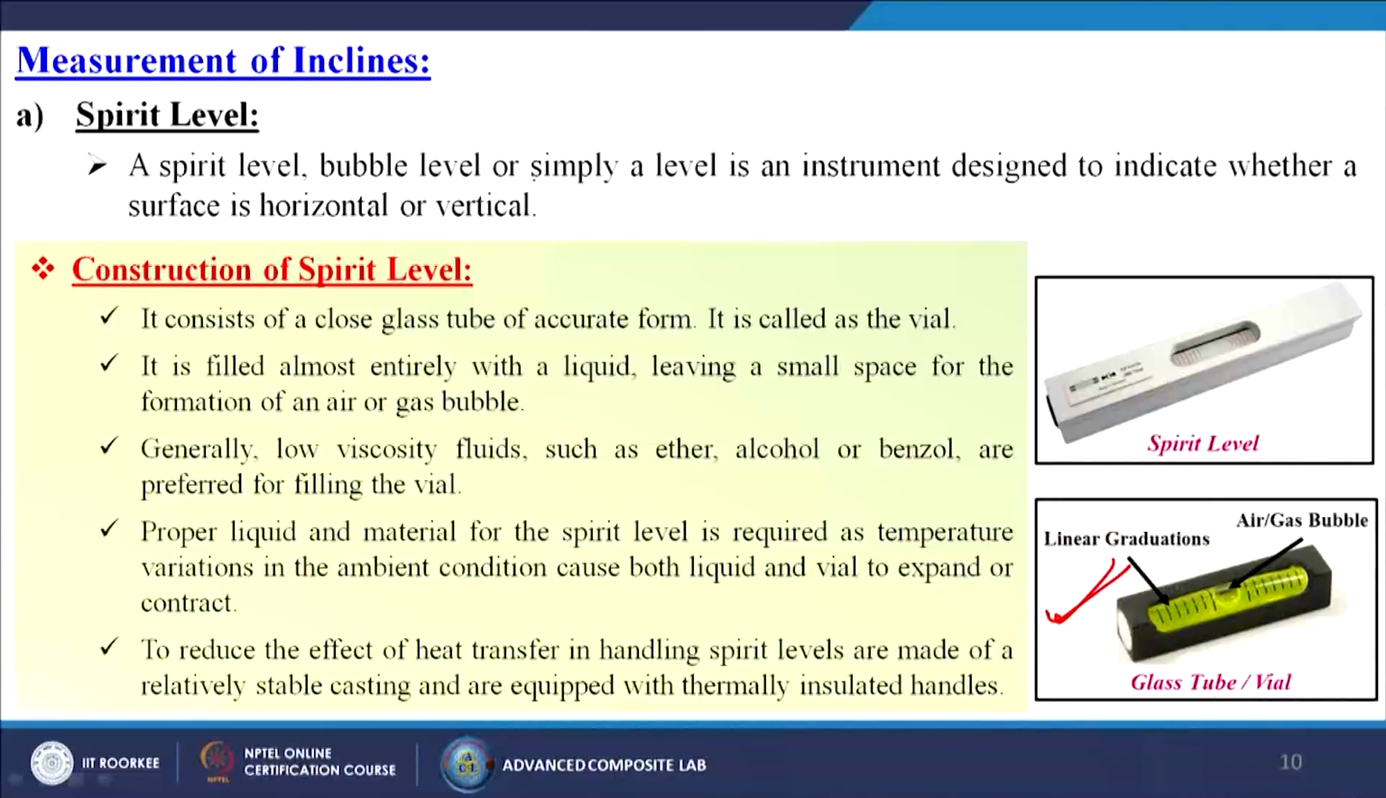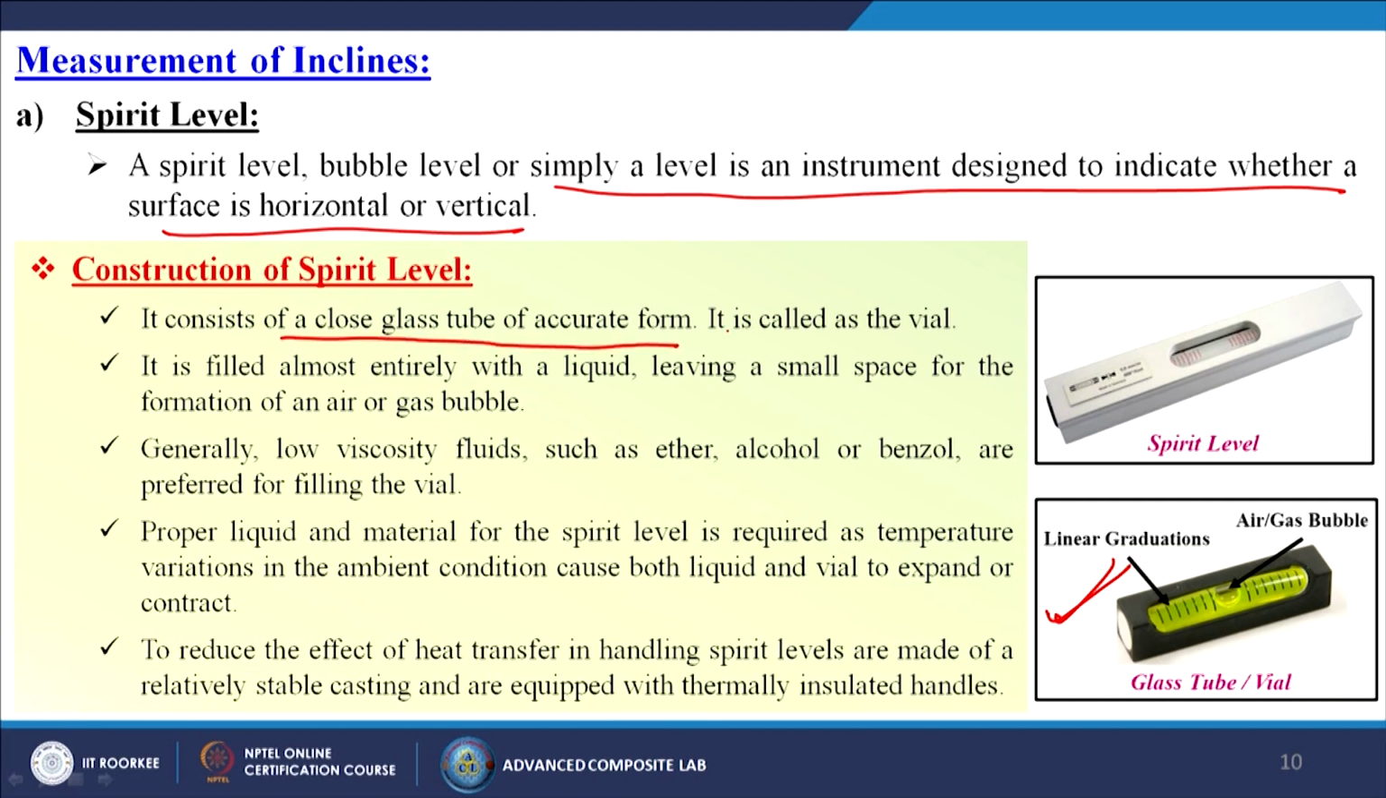Generally, the spirit level, bubble level or simply a level is an instrument designed to indicate whether a surface is horizontal or vertical. Construction of the spirit level: it consists of a closed glass tube of accurate form, called the vial. It is filled almost entirely with a liquid, leaving a small space for the formation of an air or gas bubble. Generally low viscosity fluids such as ether, alcohol or benzol are preferred for filling